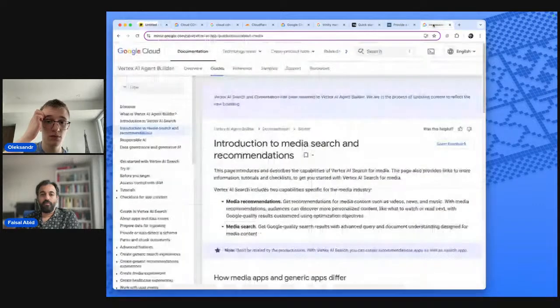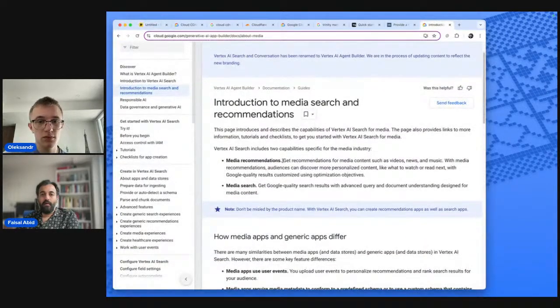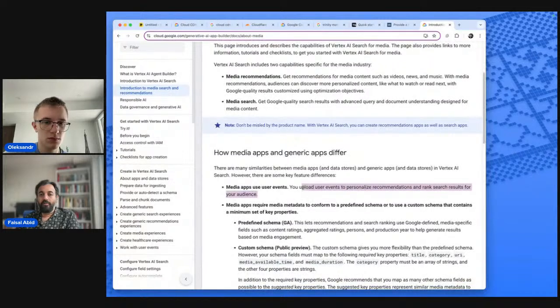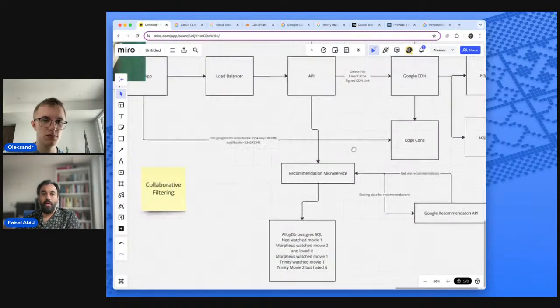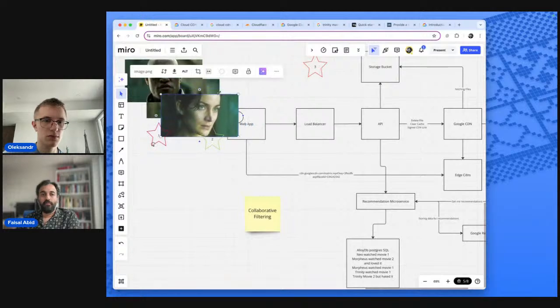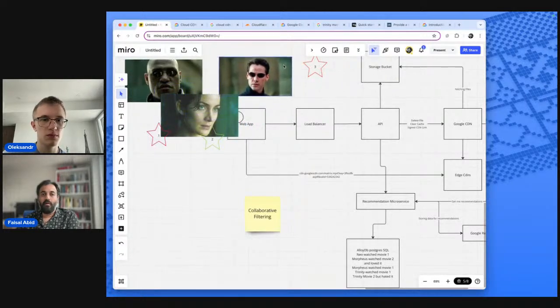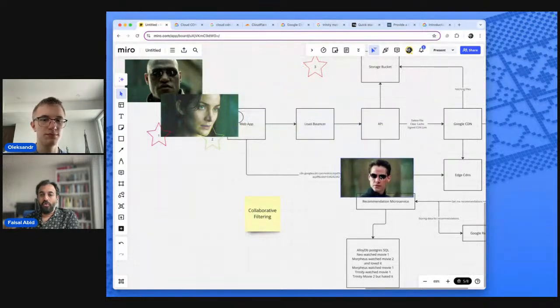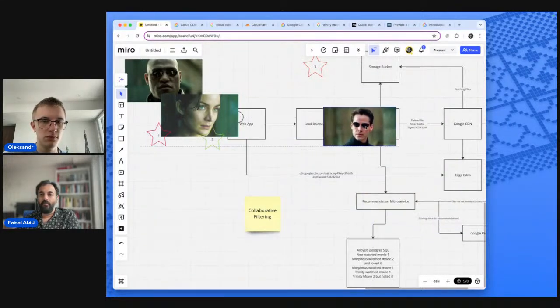And if you look at Google's recommendation API, user events. Here we go. You upload user events to get personalized recommendations. So what are user events? Watched, liked, converted. Imagine you were offering a trial subscription. Imagine Neo's a freeloader. Neo doesn't want to pay right now, but we serve him the right content that Neo goes, wow, I love Netflix, I'm going to pay for it, and watches everything in his recommendations.